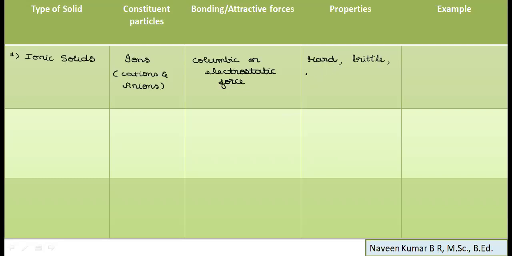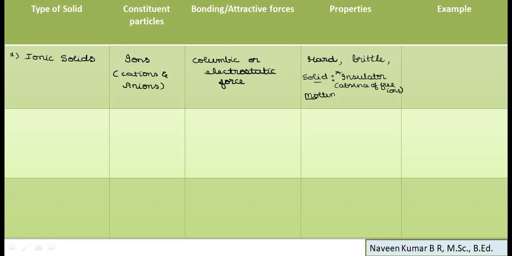And if we take the electrical conductivity of the respective ionic solids, we'll discuss it in the solid form as well as in the molten form. Now, ionic compounds in the solid form are insulators. They will not conduct electricity in the solid form, because of the absence of free ions. Because of the absence of free ions in the solid state, ionic compounds are not able to conduct electricity.